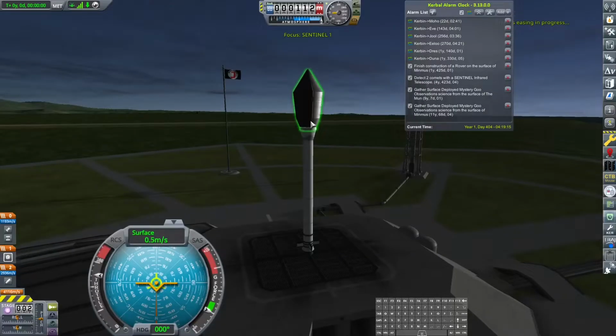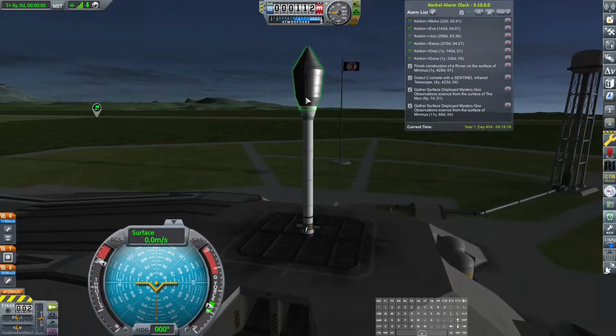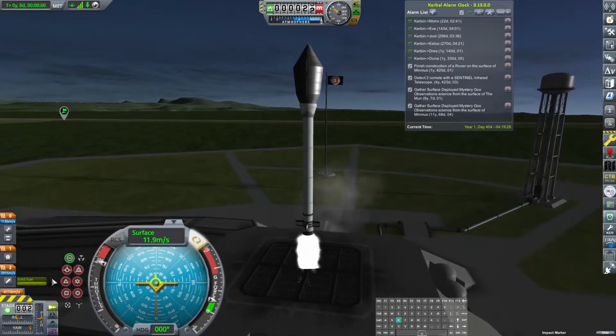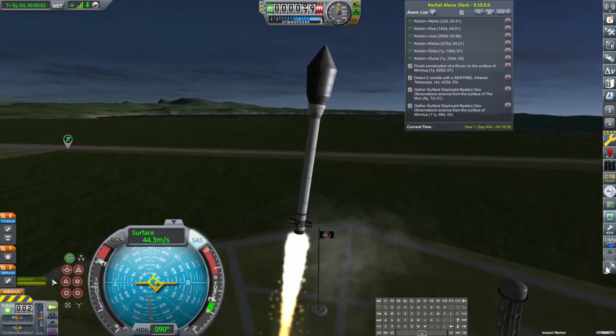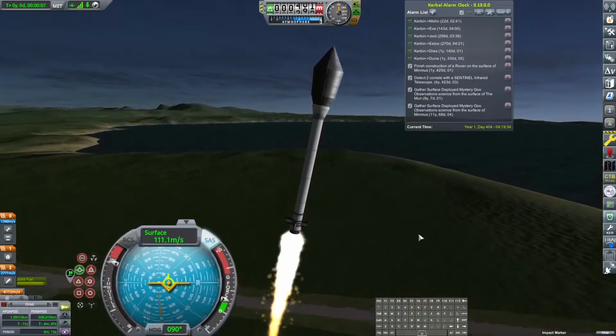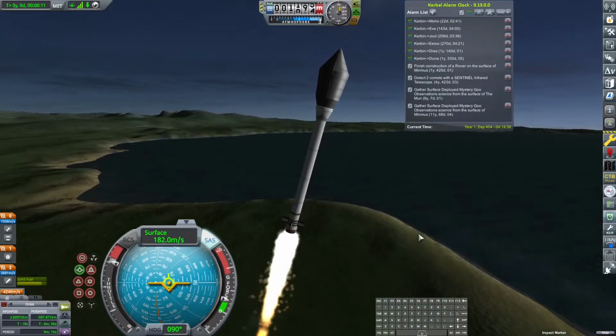But the Sentinel is a very simple ship. It is launching on, I think I'm going to start calling these the Arrowhead launchers. It's a very simple SRB with a thing on top. It's going to be a little squirrely to control, so we're going to be fairly, I don't know, exuberant on the initial turn here to get our gravity turn going,